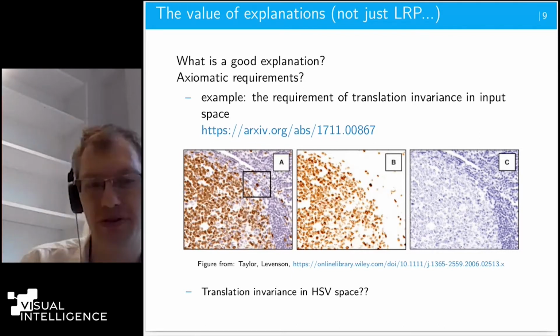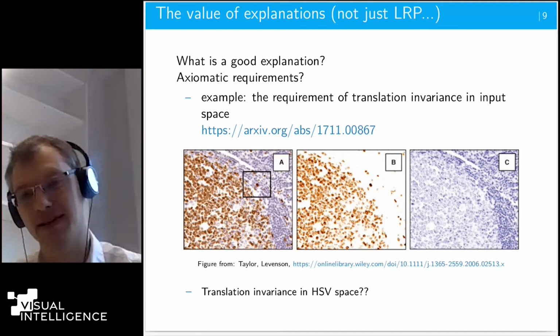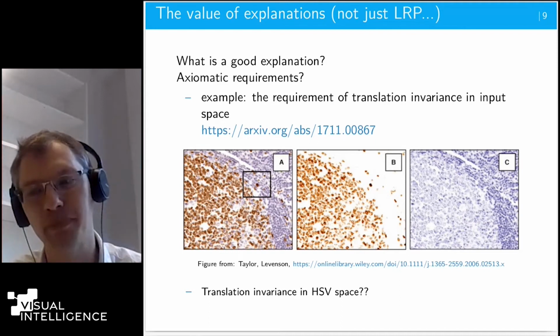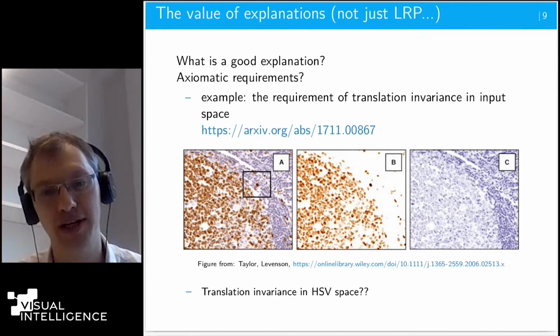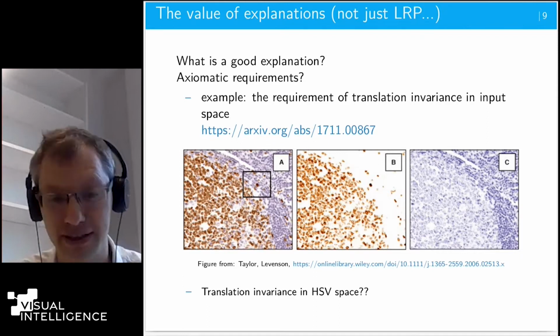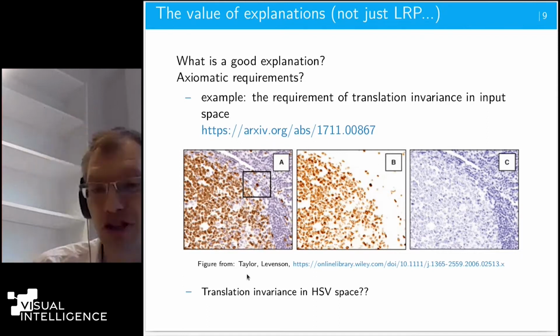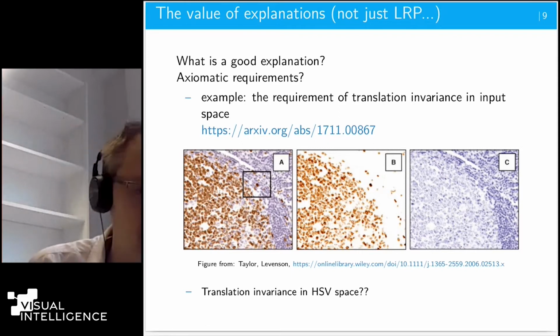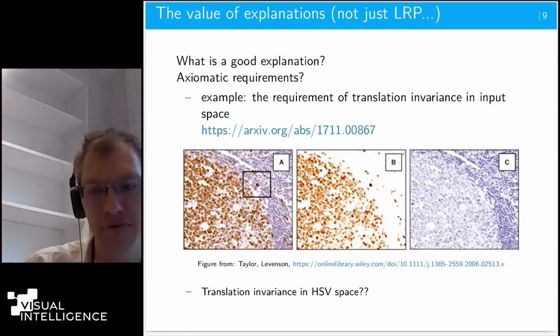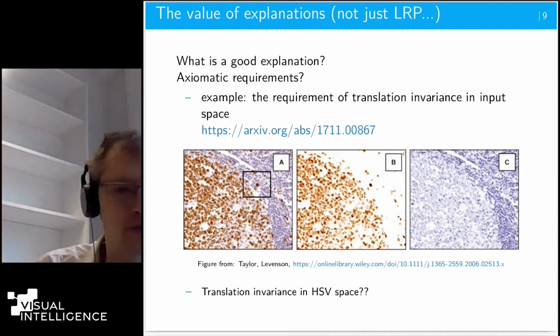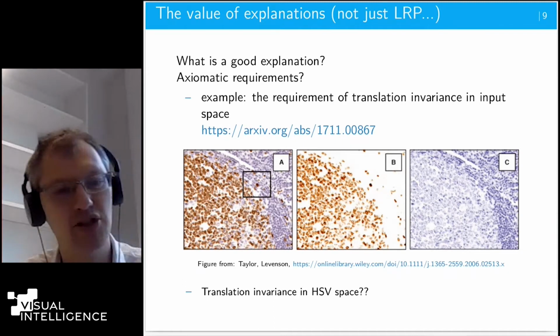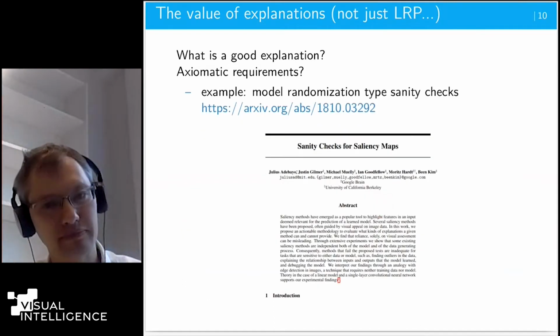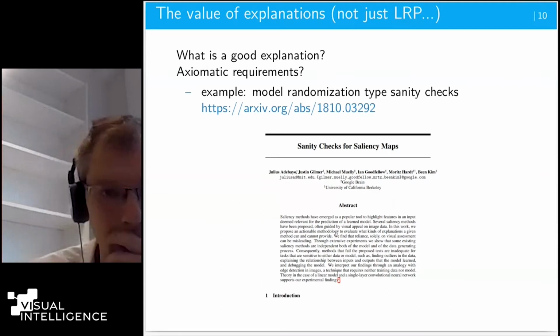That's for sure what you wouldn't want in this example. The prediction should already not be invariant to a translation in HSV color space. So this is a thing that sounds good, but there are many use cases where such axiomatic requirements don't apply.